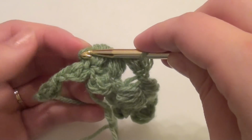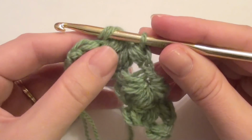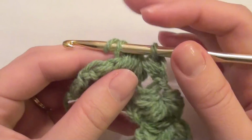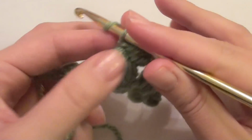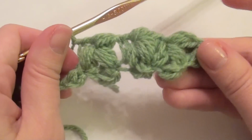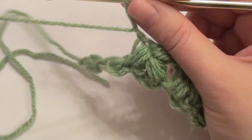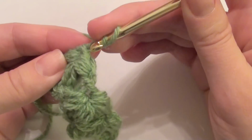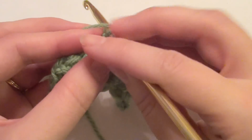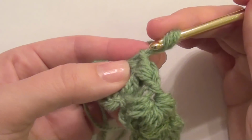Place your hook in that loop here that you held on to, yarn over, place your hook and your yarn over in between the 2 loops, chain 1, draw up your loop. That's 1, and that chain 1, you're going to pull up 2 now, and then 3,